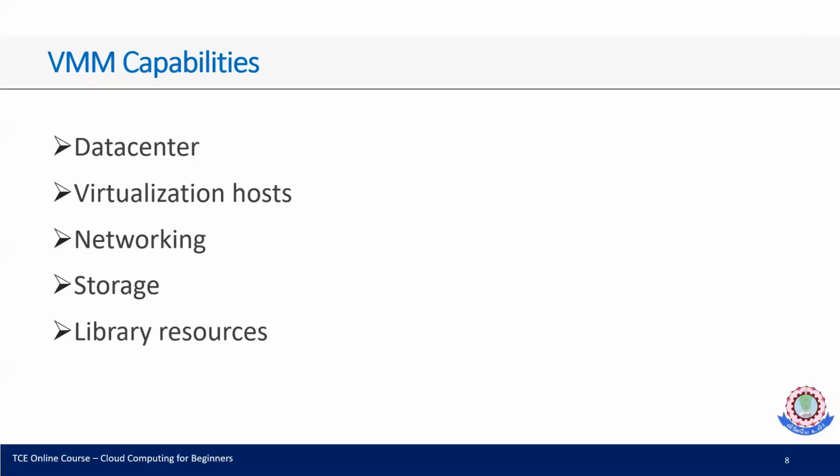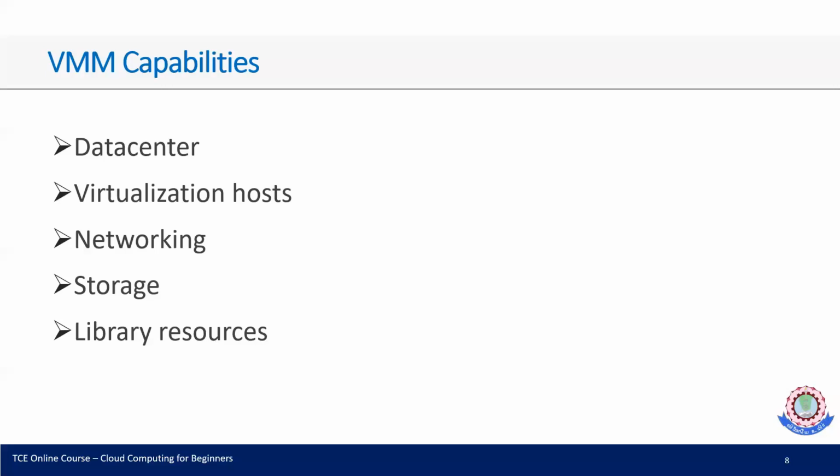Host. VMM can add, provision, manage Hyper-V and VM virtualization hosts and clusters. Networking. This adds networking resources to the VMM fabric, including network sites defined by IP subnets, virtual LANs, logical switches, static IP addresses, and pools. Using gateways, VMs on the virtual networks can connect to physical networks in the same site or in different locations.